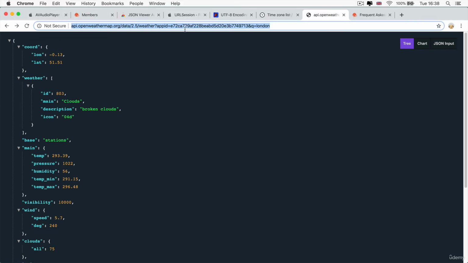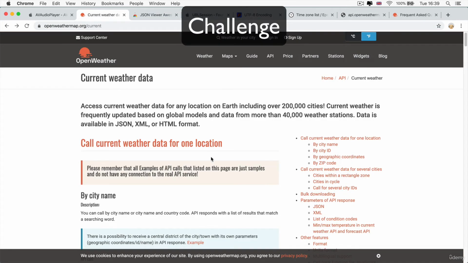So now that we've seen that we can structure our API call by adding our different parameters after the URL, separated by ampersands and with the sort of key value kind of format, where we have the name of the parameter, an equal sign, and the value that we're sending over to the API provider. So as a challenge, I want you to take a look at the API docs for getting the current weather data,